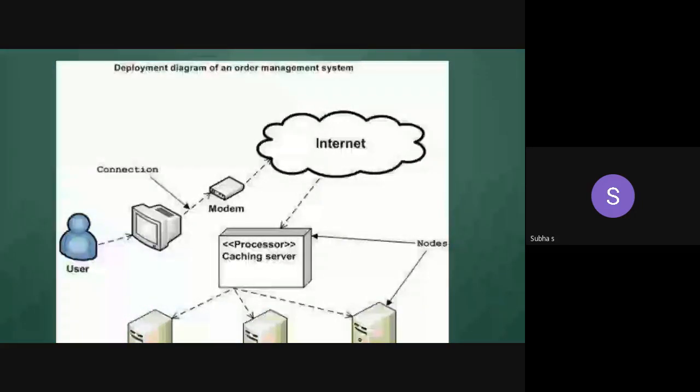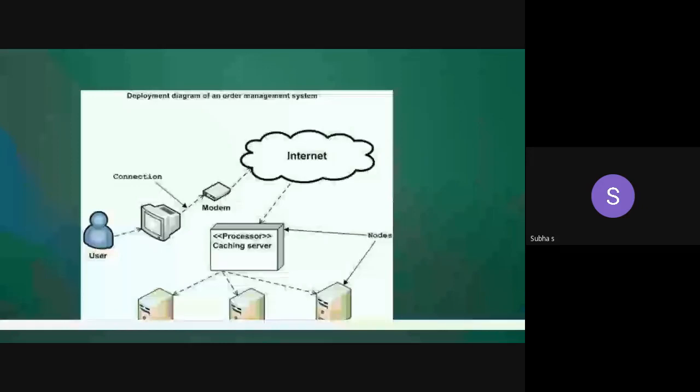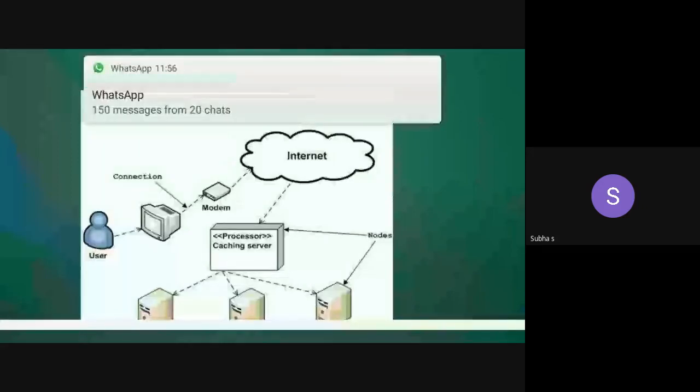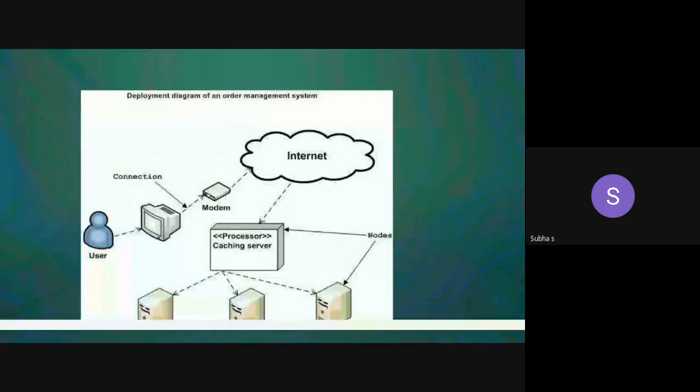So these are the clear diagrammatic presentation. That is it: component and deployment. Again, don't forget component. I can say, at least a real time example: software application like SQL, Java runtime environment. Then deployment: hardware configuration. Don't forget that you can write this real time example.